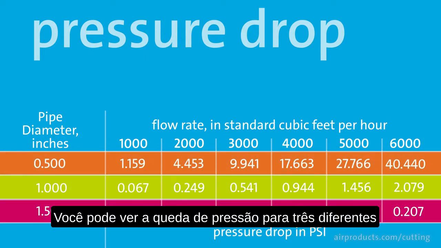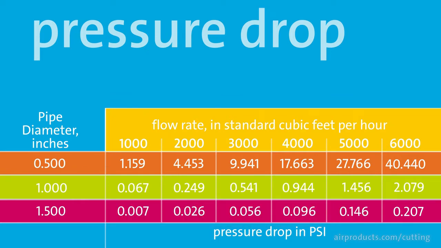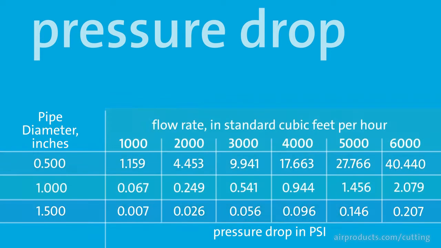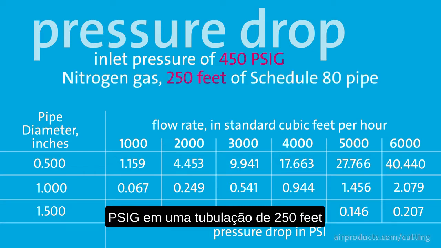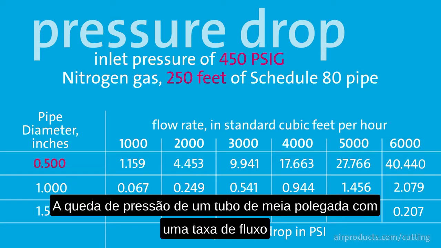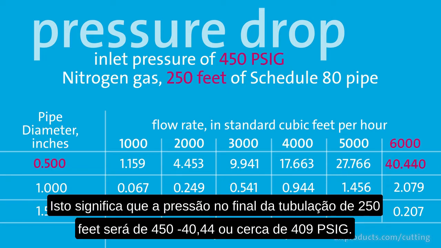You can see the pressure drop for 3 different sized pipes at flow rates from 1,000 cubic feet an hour to 6,000 cubic feet an hour. The nitrogen has an initial pressure of 450 psig and a pipe length of 250 feet. The pressure drop of a half-inch pipe with a flow rate of 6,000 cubic feet an hour of nitrogen is 40.44 psi. This means that the pressure at the end of the 250-foot pipe length will be 450 minus 40.44,